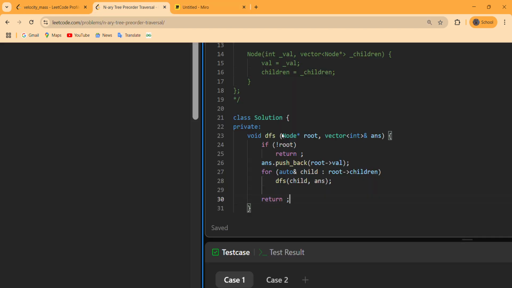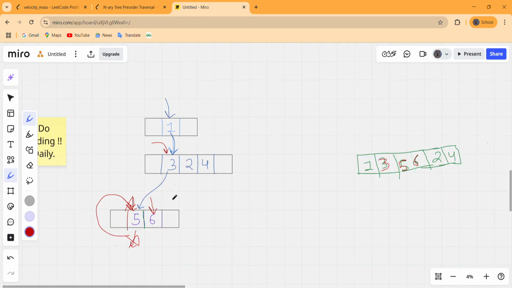After pushing that, we run a loop for every child of that node, and as we can see there are no children of this 6, and there are no siblings present, so this will return to the previous calls, and the siblings get explored in the same way.